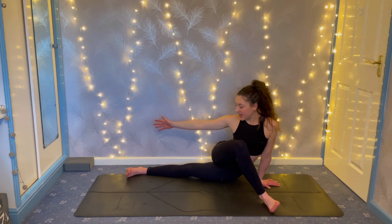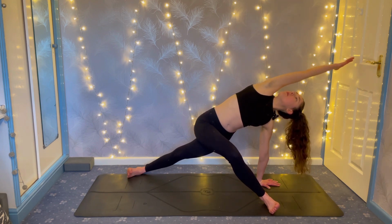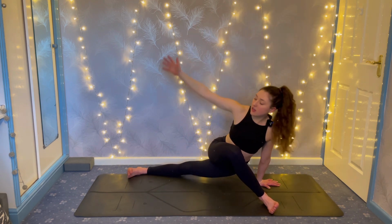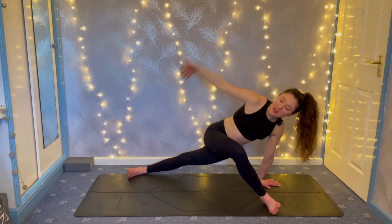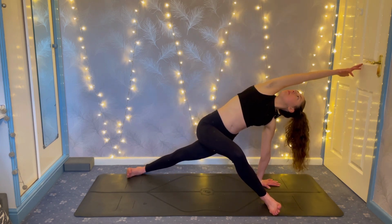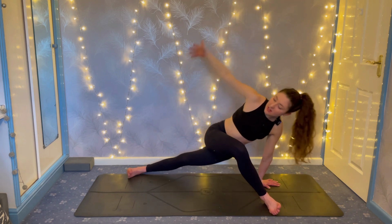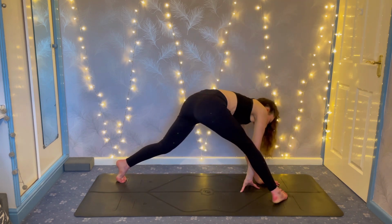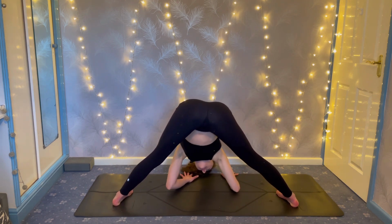Drop the left hip down, come onto the outside edges of both feet. Inhale, lift the hips, reach the right arm forward. Exhale, drop the hips, reach the right arm back. Inhale up, exhale down. This time, inhale, lift the hips, walk around to the left, Prasarita Padottanasana, hips high, hands low, have